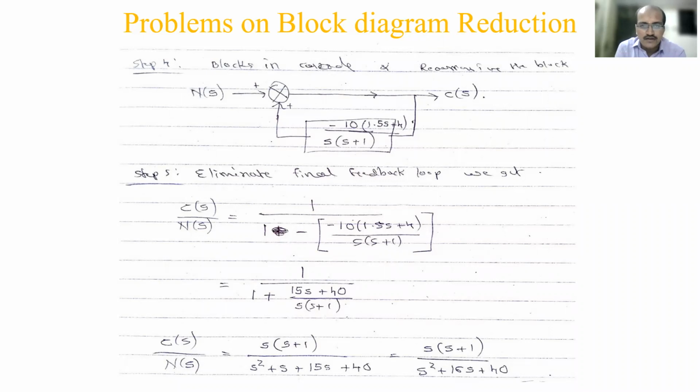So with this, we completed block diagram reduction and the block reduction problems also. First of all, we took straightforward problems. Then we took system equations or electrical networks, from that we wrote the block diagram and reduced it. In the next video, we'll discuss another representation of control systems, that is signal flow graphs.